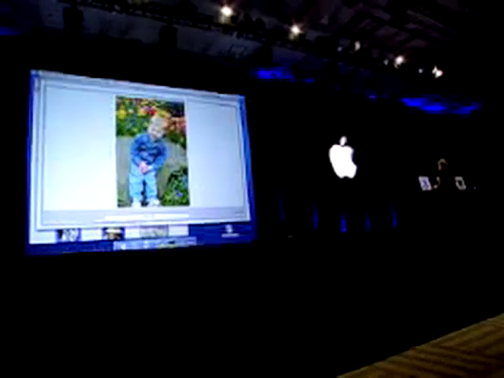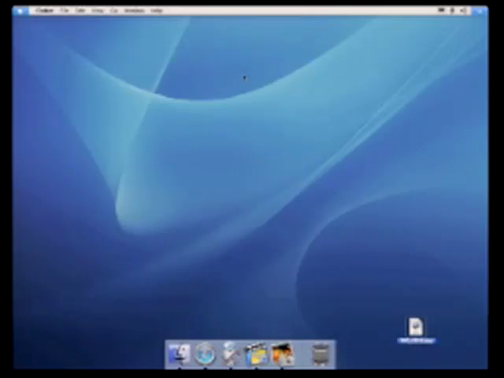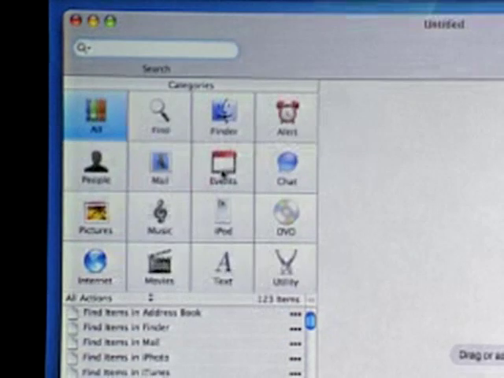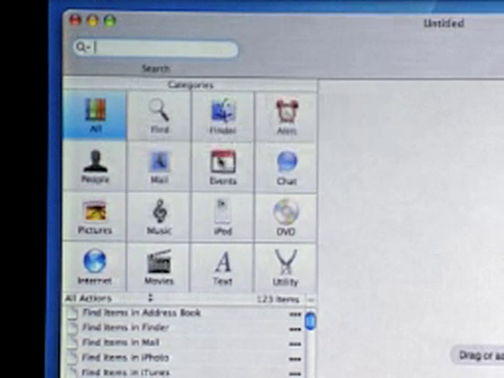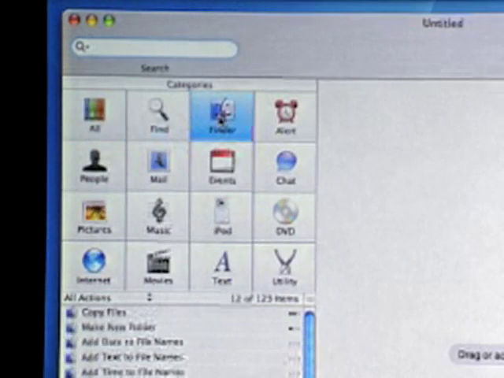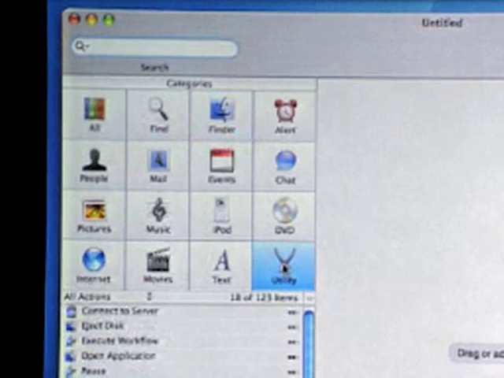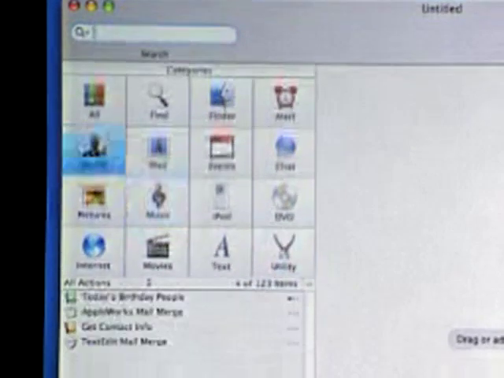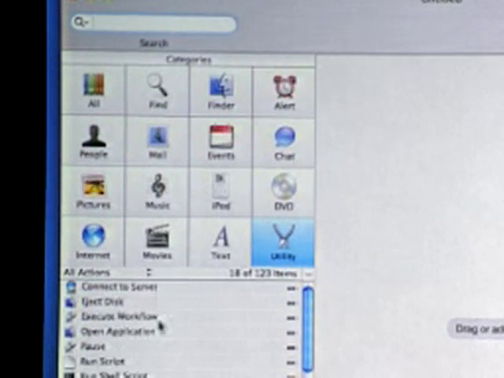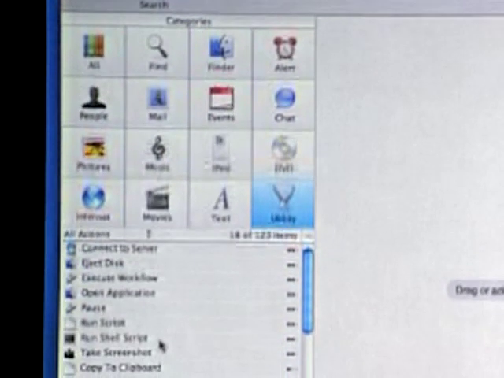I'm going to close this. And this is Automator. It has a very simple, easy-to-use interface. On the left-hand side are icon buttons representing the categories of the things that you do most on the computer. For example, finding things, working with disk items, or opening drives, some music things, working with people. And as you click a category, you'll notice that the actions related to that category appear in a list below